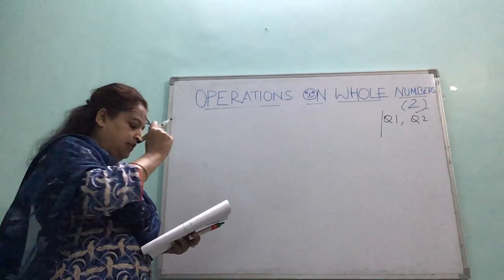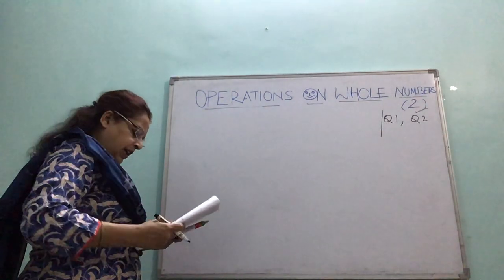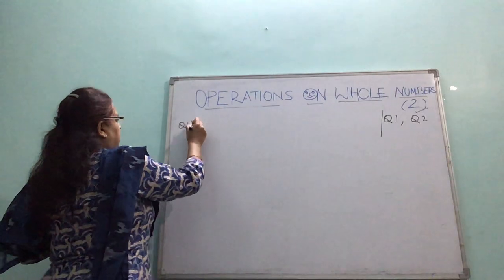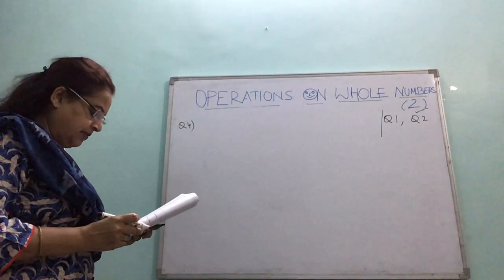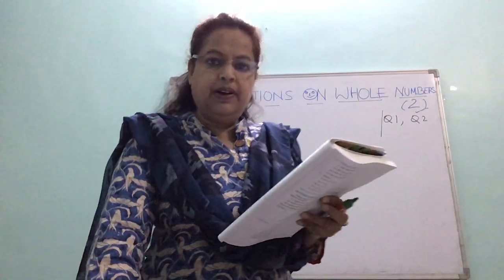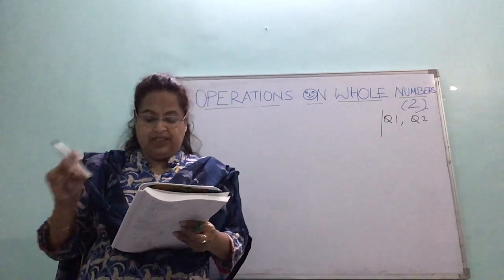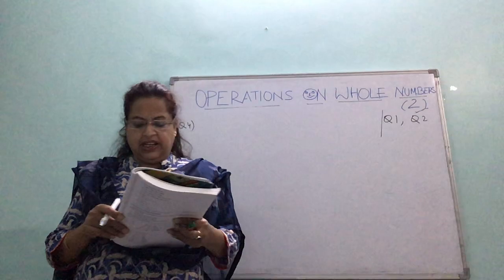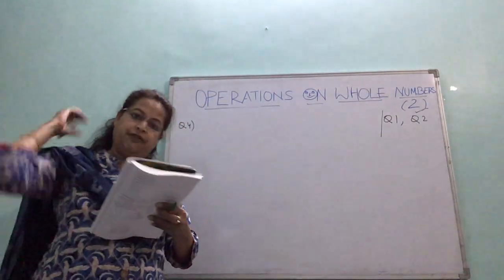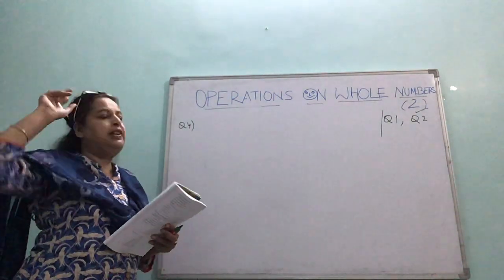Well, since I'll go in the order, I'll take up question number 4 and 5. Question number 4, based on division algorithm. Question says, find the number which when divided by 45 gives 16 as quotient and 9 as remainder. You have to find that number which when divided by 45, that means 45 is divisor, quotient and remainder are given, you have to find the dividend.